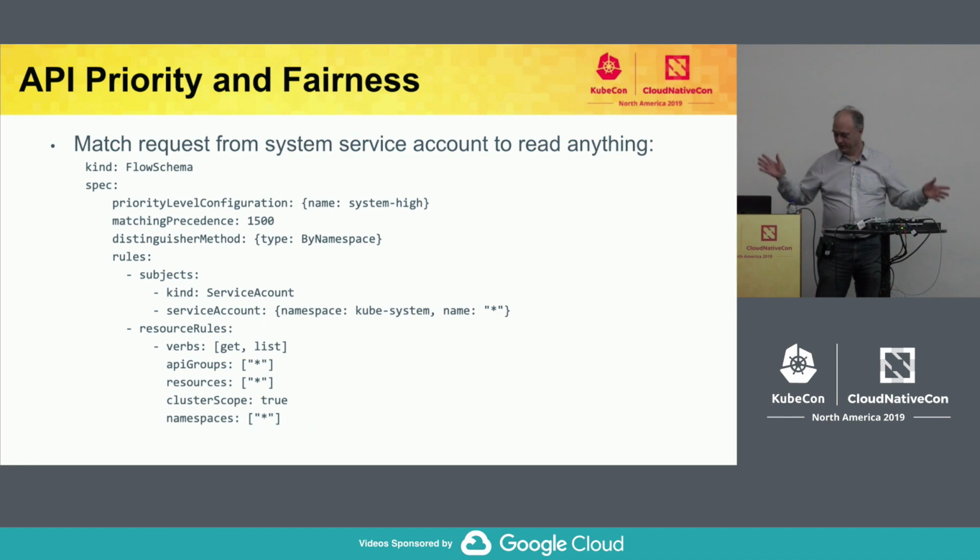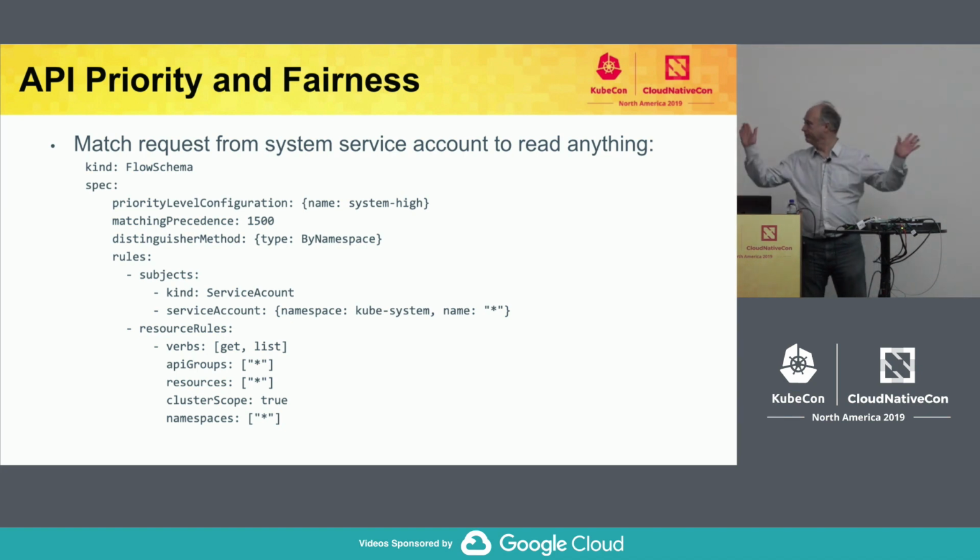Let's look at another example to bring in a couple more things. We can talk about resources that are not namespaced. We can also talk about requests that are for all namespaces, and that's matched with this cluster scope Boolean. Here's also an example of a service account where we talk about the namespace in the name of the service account. So, there we are.